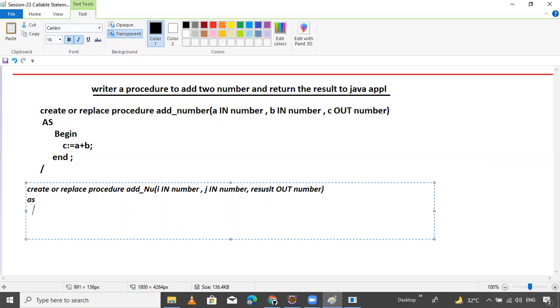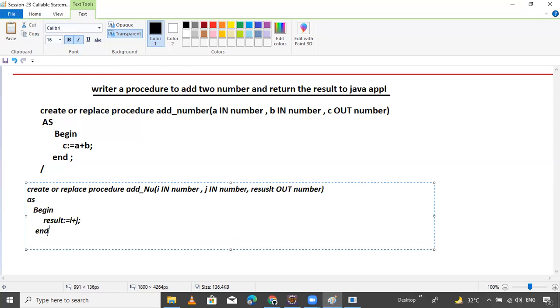Use capital letters, if you follow the convention, just follow it. And here result colon equals I plus J. That's it. End the procedure with a semicolon and provide the slash.